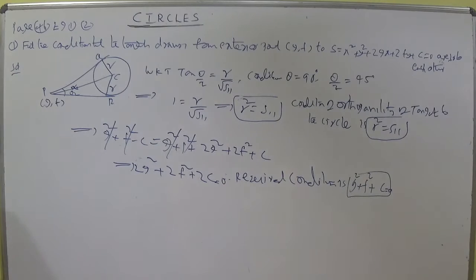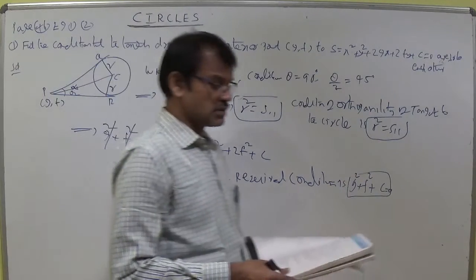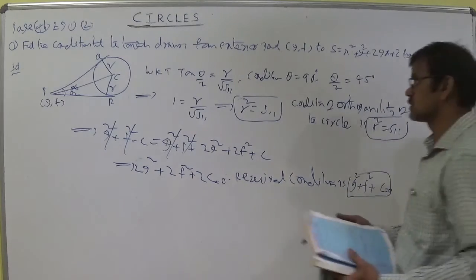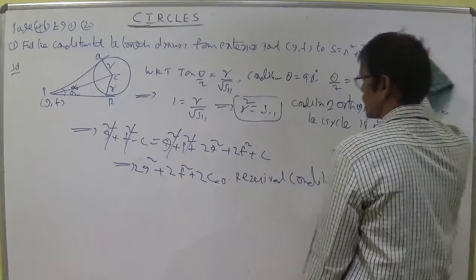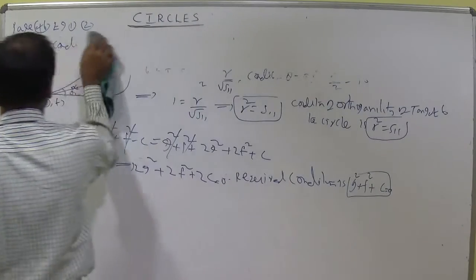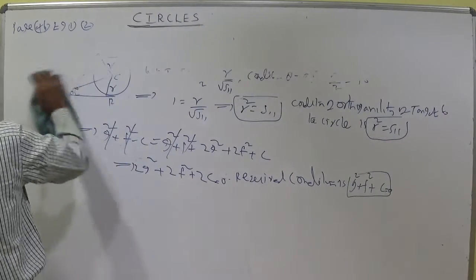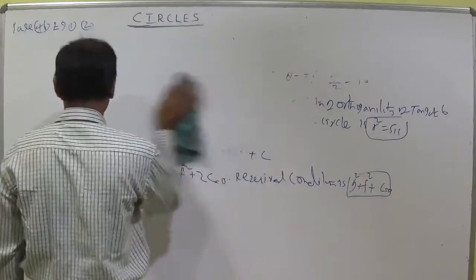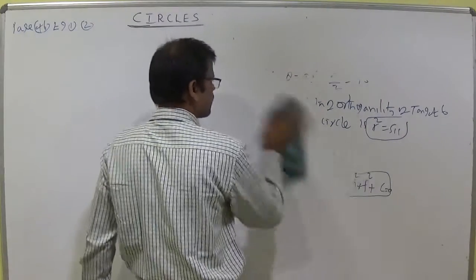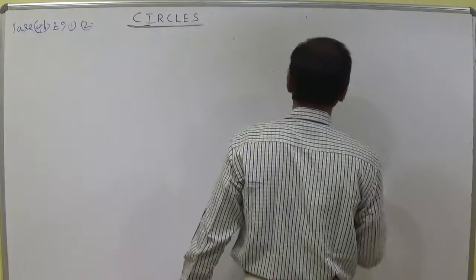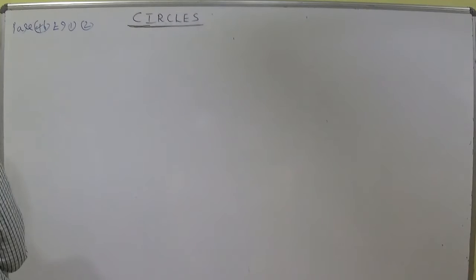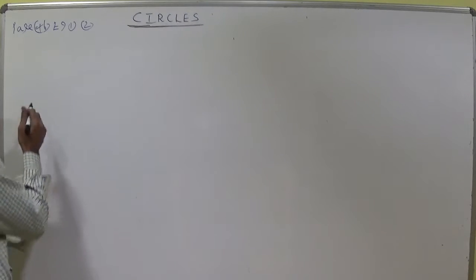Now let us discuss the second question. These sums are called locus sums. Locus sums are important for 4 marks. In the circle chapter, a 4 marks question is there; maximum 4 marks questions will be given. The locus sums depend upon exercise 1D. So to get the 4 marks in the circle chapter, you should concentrate on the concept of exercise 1D and the sums also.